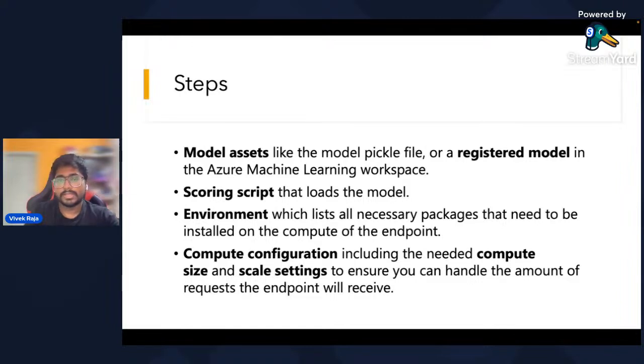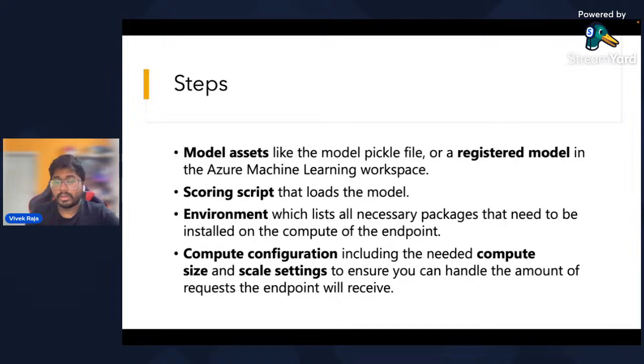And environment: since the model runs somewhere, it needs to execute somewhere, right? So it needs an environment. How many of you remember that yesterday we created something called an environment and we added Chroma dependencies? So exactly, you can use the same dependencies here in the same environment, or you can create your inference environment also if you require. Yeah, evaluation, correct, as Rahul said.